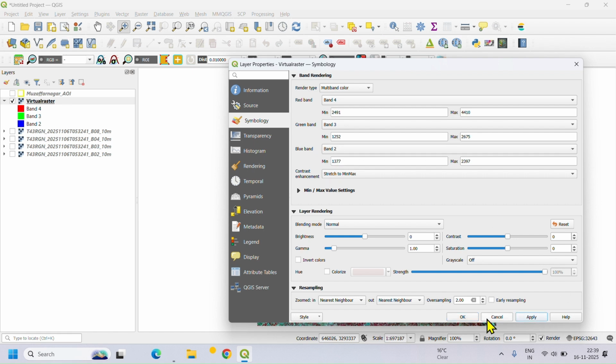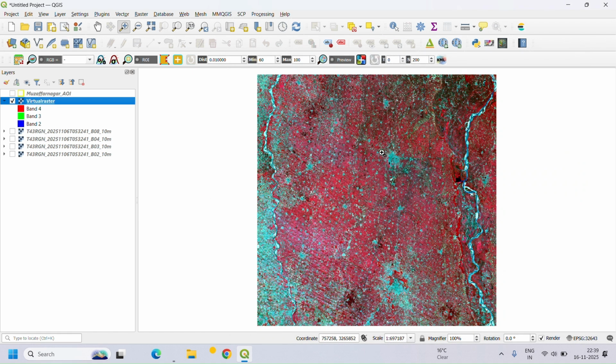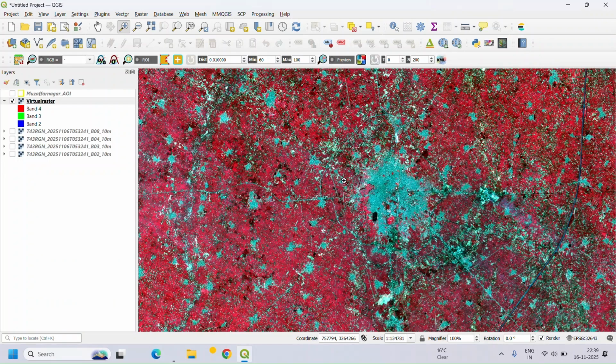Let's click apply. Okay, you can see this is the false color composite, where the green areas are appearing as the red, because red has been assigned to the green, and the dark red areas are the NIR area, they are appearing red. Okay, so again I am zooming it, you can see the city built up